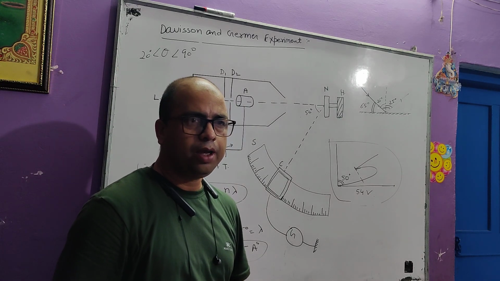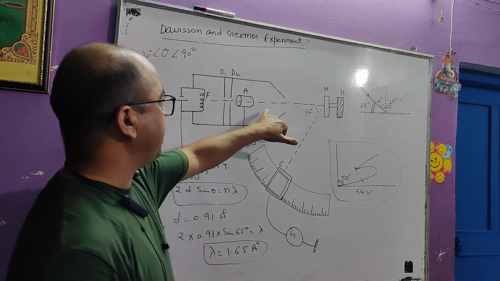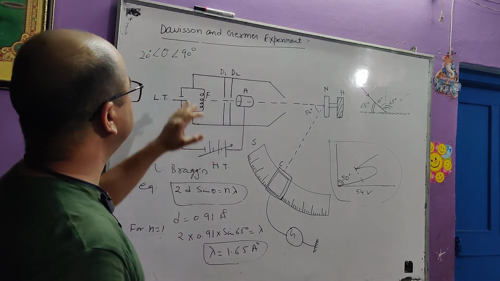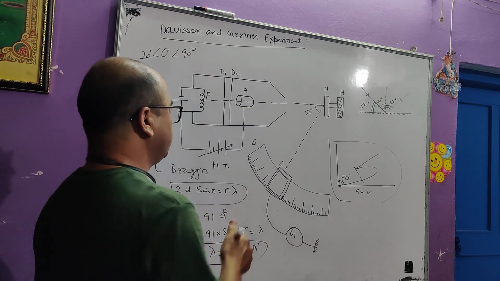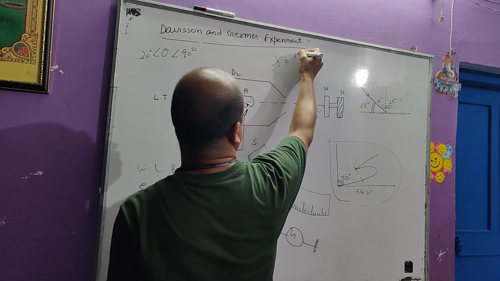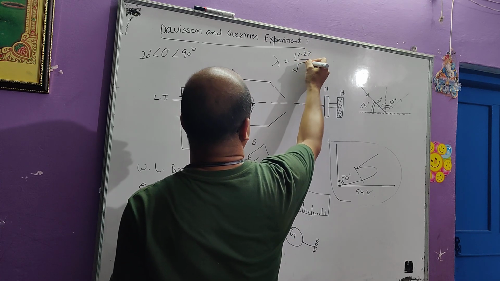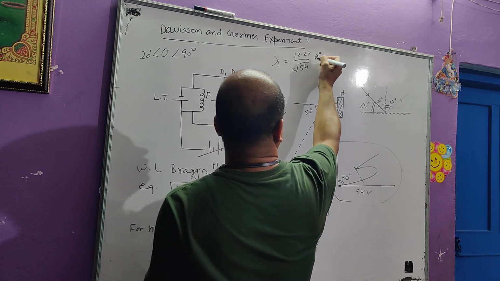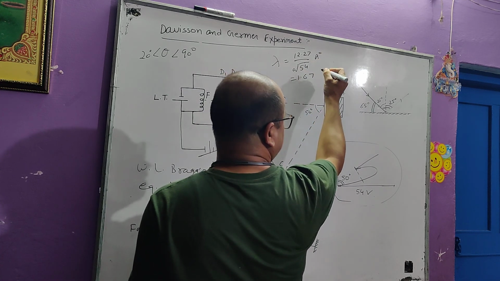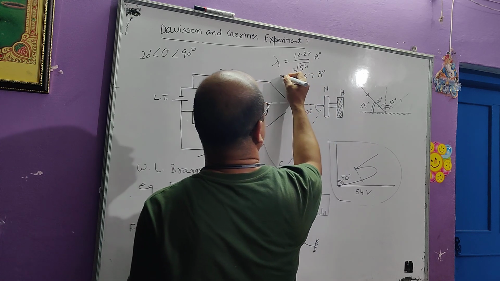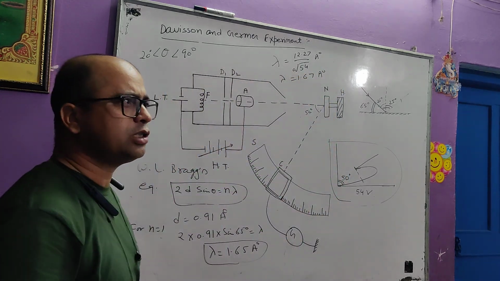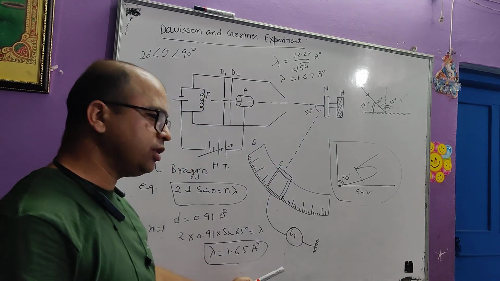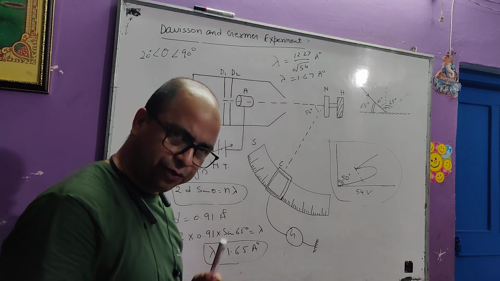Thus, by considering the electron as a particle, Davisson and Germer found the wavelength of the electron. The wavelength of the electron was 12.27 over root V, that is, for 54 volts, in angstrom, it was 1.66, about 1.67 as I have written here. Lambda equals 1.67 angstrom. This is the wavelength of the electron considering it as a particle, and the other is the wavelength considering it as a wave.